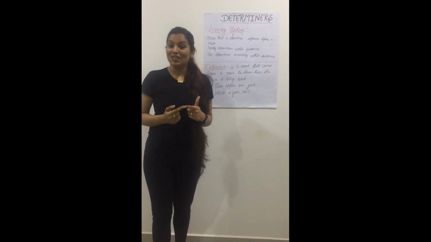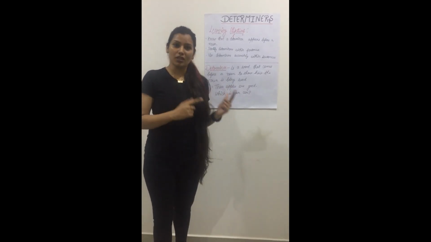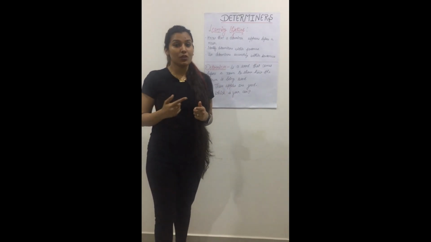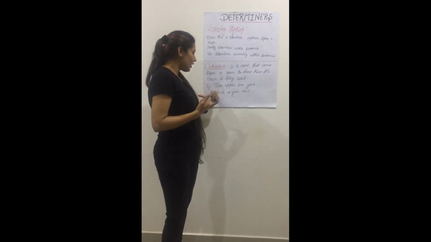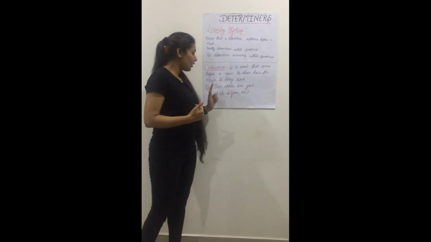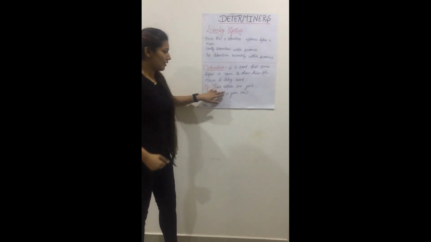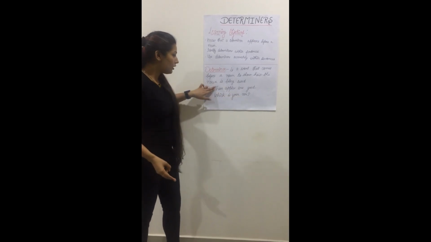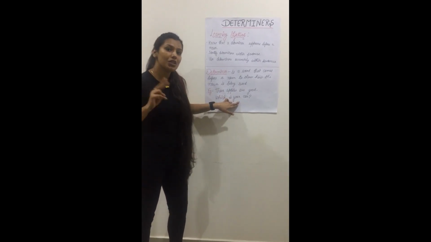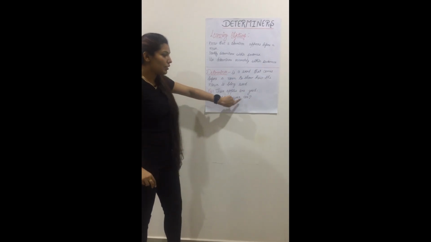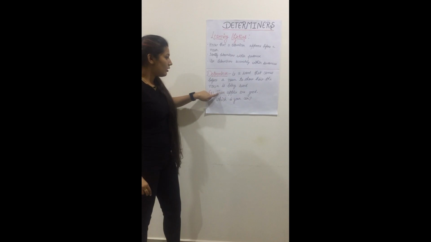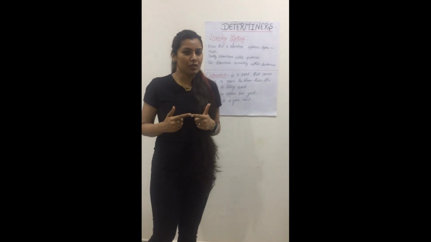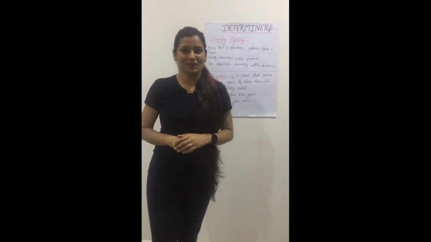What is a determiner? A determiner is a word which is used before a noun to show how the noun is being used, or in simple words we can say to give more clarity to the noun. For example, these apples are good. Which is your car? In these two sentences, the words apples and car are nouns, and the words these and your are determiners. So have you seen that the determiner is used before the noun car, and here this determiner is used before the noun apples.